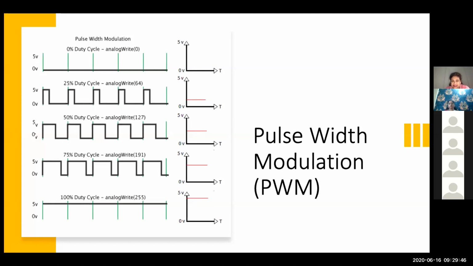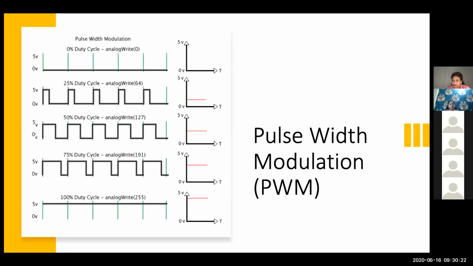So if I want 3.75 volt, which is halfway between 2.5 to 5 volt, what should I write in analogWrite? The in between value between 127 and 255, that is 191. So what do you see? By varying the values which we write into those PWM pins, I can vary the voltage at the output. Is it clear?